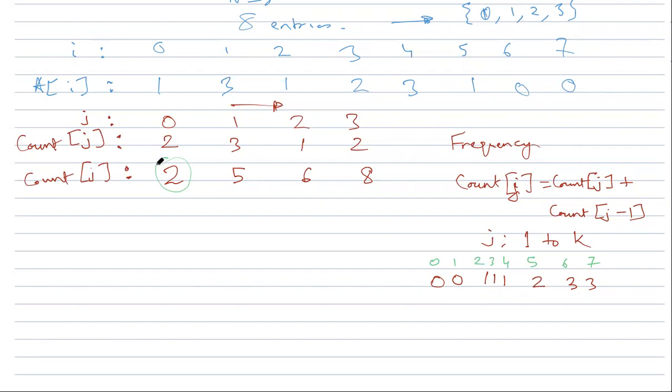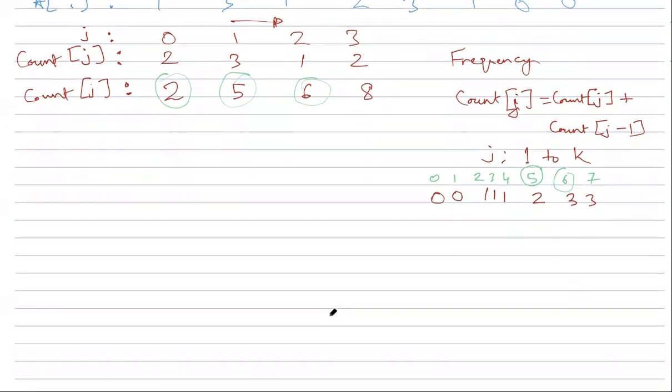So you can see the starting index is matching this. Likewise, the starting index for 2 will be derived from this. So after you have gone through the positioning of all of these, then the positioning of this is directly derivable from here. So there's 5, and the positioning for the next one for 3 is derived from 6, and then you're done. So this is the basic idea for